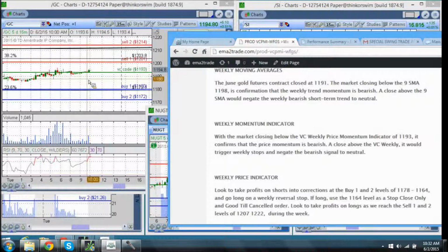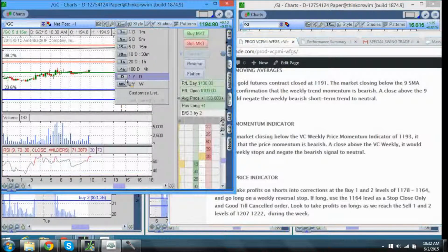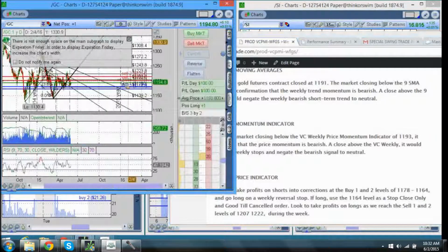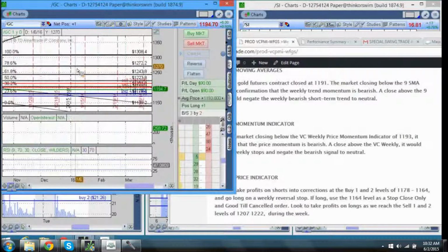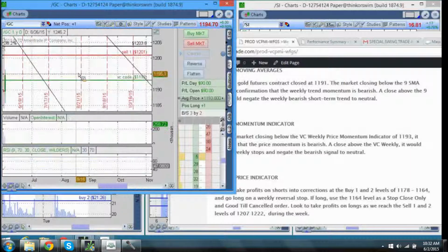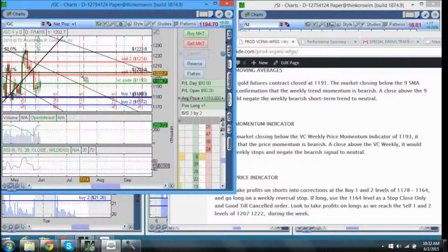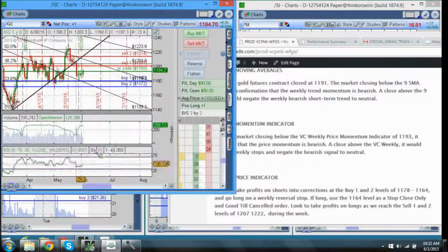Let's take a look at where we are right now, and let me put on the daily chart that we activated this latest signal that we have open, and we're going to take a look why we activated the signal. Basically, on the left here you see the daily closing of the June contract in gold,